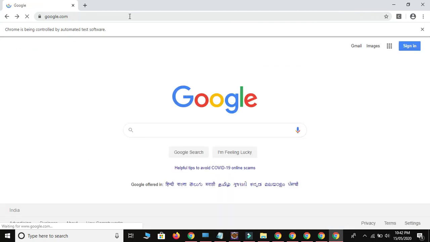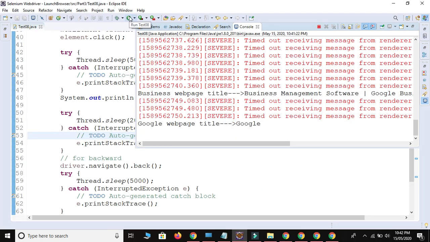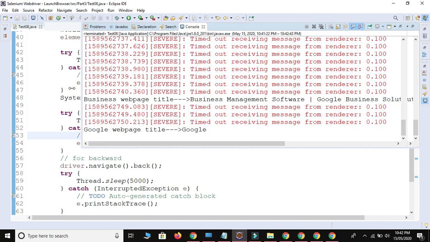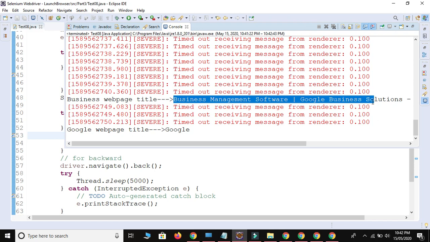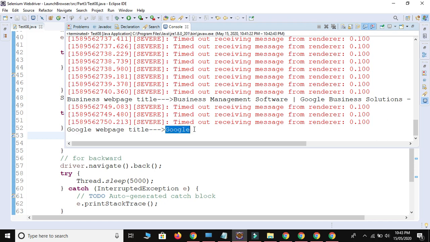See guys, it comes back again to the Google. Then it will get the title of this web page. So we got actual output and this is matched with the expectation output. Let me maximize this one. So business web page title is this one, business management software, Google business solutions. And after backing on the Google, the title of Google web page is Google itself.